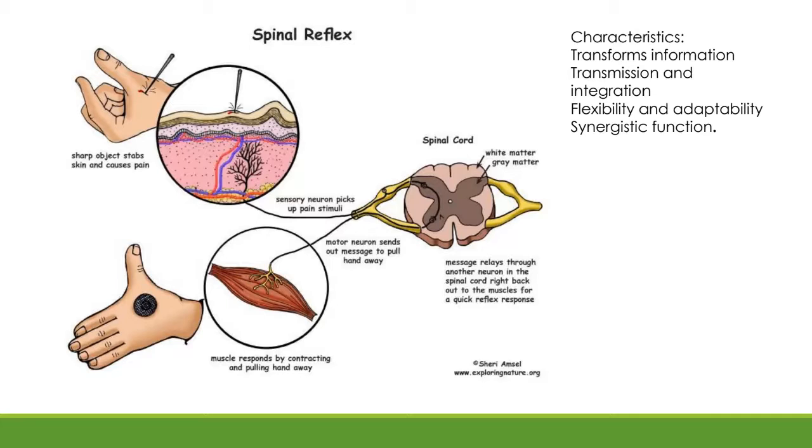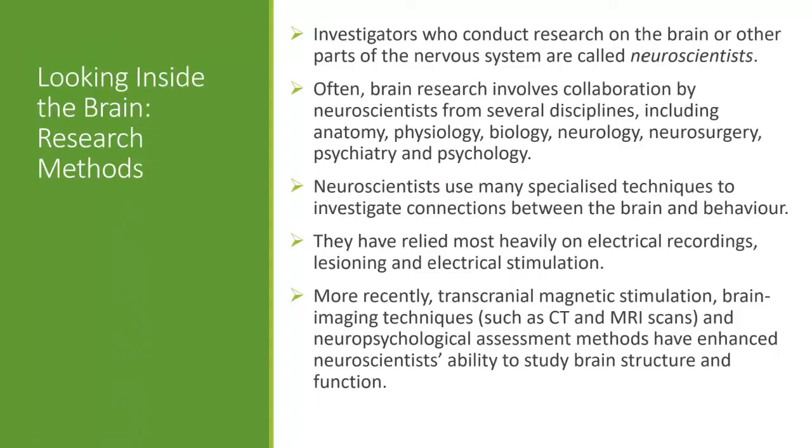So there are messages that your spinal cord can send without transmitting to the brain, like a spinal reflex. Standing on a pin, your first reaction is an involuntary one: pull it away. You move your foot away automatically, and then a little while later, your brain starts to process the information. You go, ouch, I stood on a pin, but you've already pulled your foot away from the pin. That's just an example of a spinal reflex.